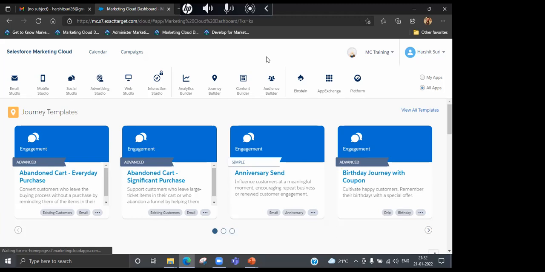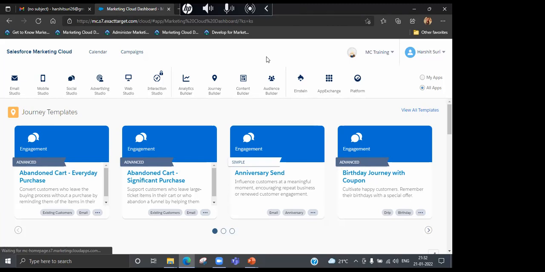That is a CRM. Marketing Cloud is a part of CRM. What is CRM? It is a type of platform which facilitates sales, service, marketing, commerce, everything. But Marketing Cloud is a dedicated software as a service for marketing. Any type of marketing you will be able to execute, but you will not be able to customize the entire UI and everything which you can do in Salesforce.